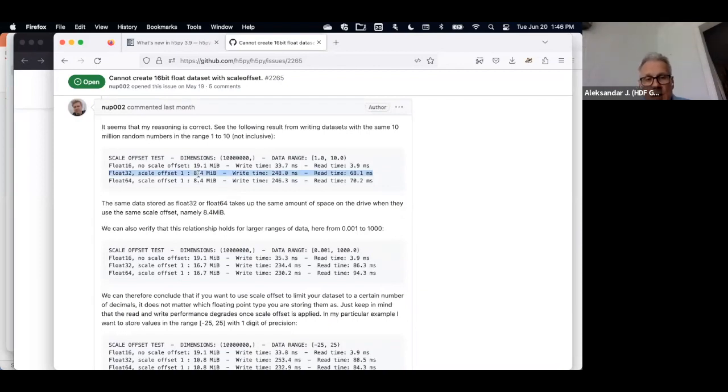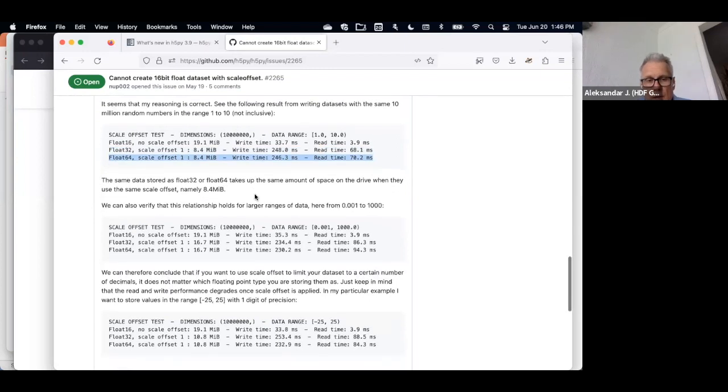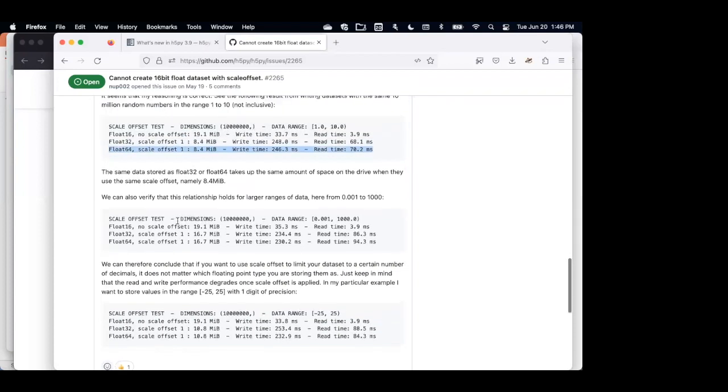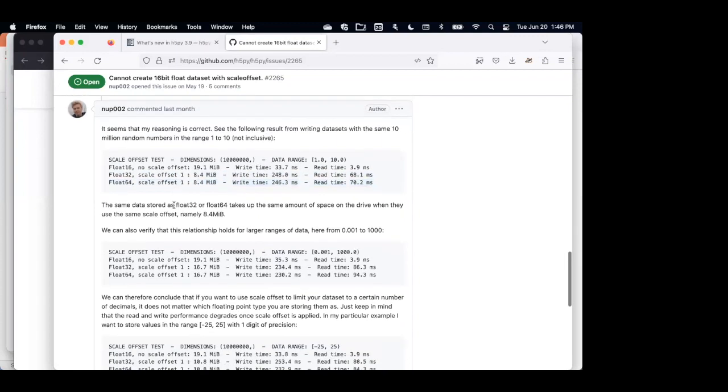And he reported benchmarks. But the important thing here was that he concluded that regardless of the data type, it was the exact same amount of bytes that the datasets were occupying. And so he concluded it doesn't matter. You know, Alexander, I think this is a feature of the scale offset. It doesn't actually reduce data size.